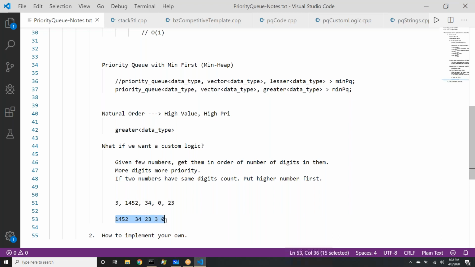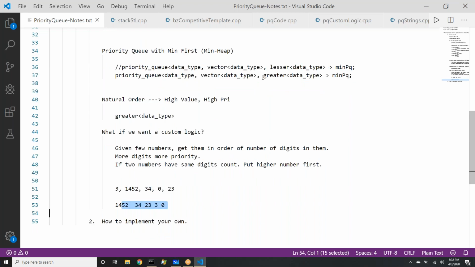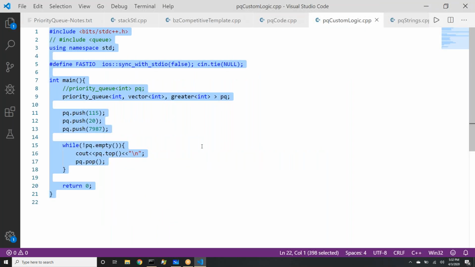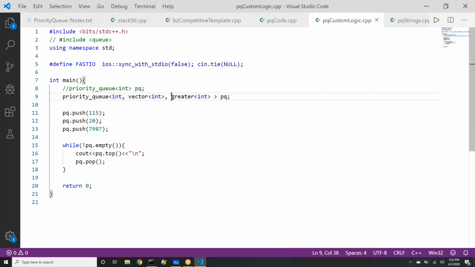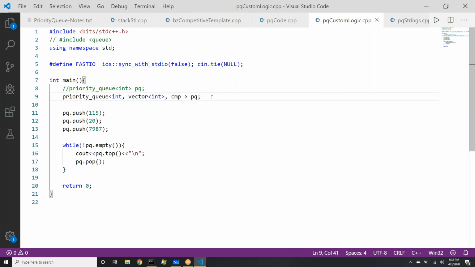So if this is the ordering we want, obviously we cannot use the built-in lesser or greater, and there is no other built-in function which we can use to get this ordering. So that is what brings us to this concept of what if we want custom ordering for ourselves. If we want custom ordering, the thing that will change is this comparator, you will replace with your own comparator. And that syntax is just put a comparator here, CMP. What I have changed is I have changed greater, and this comparator I'll make sure I do not write generic. I'll write it in such a way that it will take 2 integers.